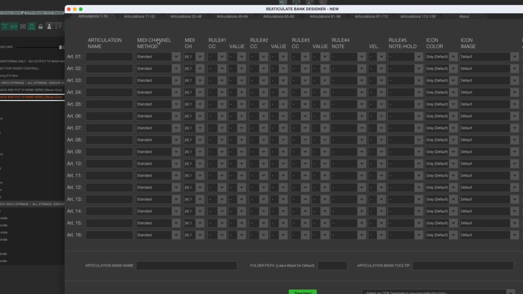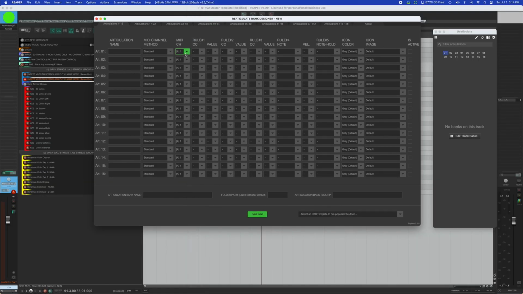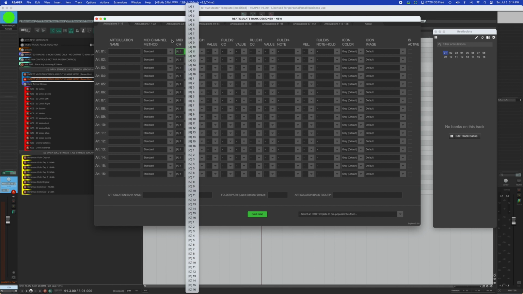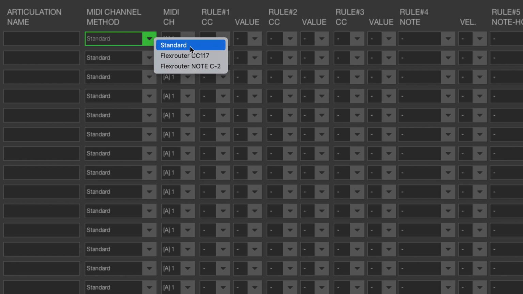You'll notice that there is the ability to choose the MIDI channel. You have up to 64. You may say, 64, how do I use all 64 MIDI channels? That's what I was talking about with Flex Router. If you have your instrument set up in Kontakt as a Flex Router instrument, when you are filling out your Rearticulate articulation, you choose, am I going to use a standard method, so you can only pick between the first 16 MIDI channels, or do we want to make use of Flex Router, one of these two methods,